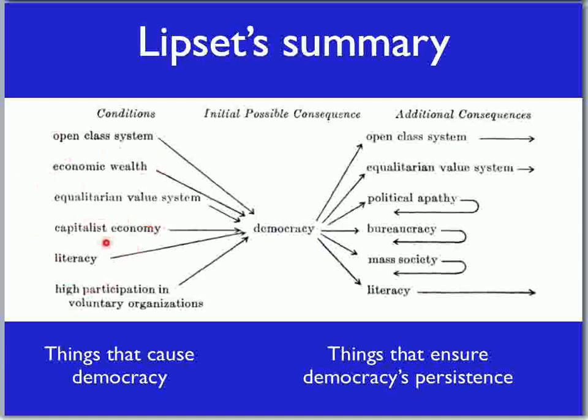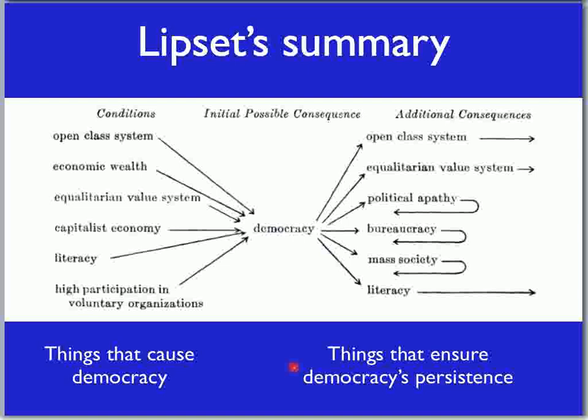contribute to democracy. On the other hand, in a democratic system, there are various forces that contribute to the persistence of democracy. So he has a theory not just of where democracy comes from, but also a theory of what ensures that democracy will persist. This, you will see, becomes very important to Zavorsky and his colleagues in the piece that you'll be reading for